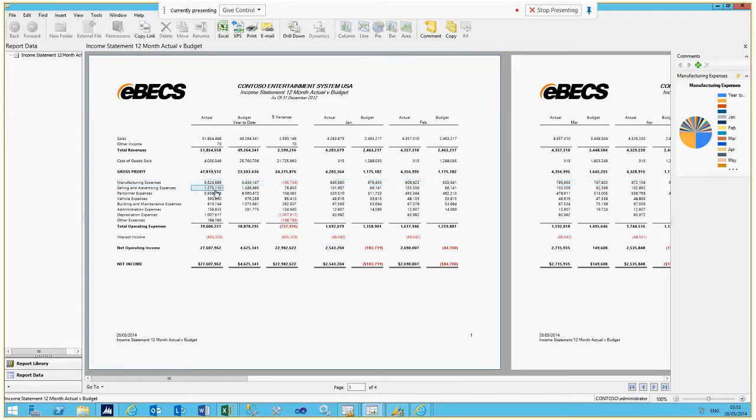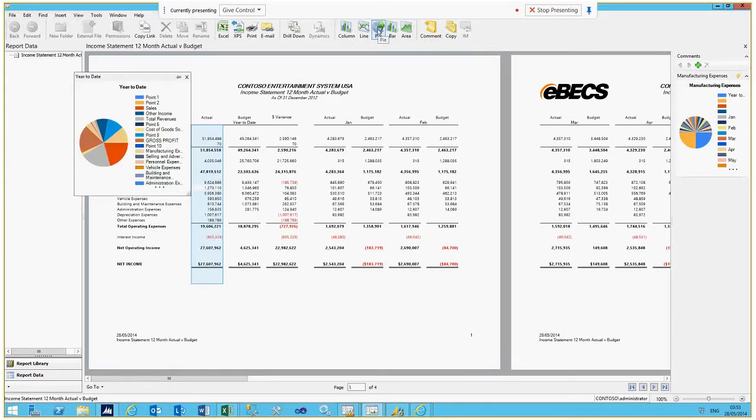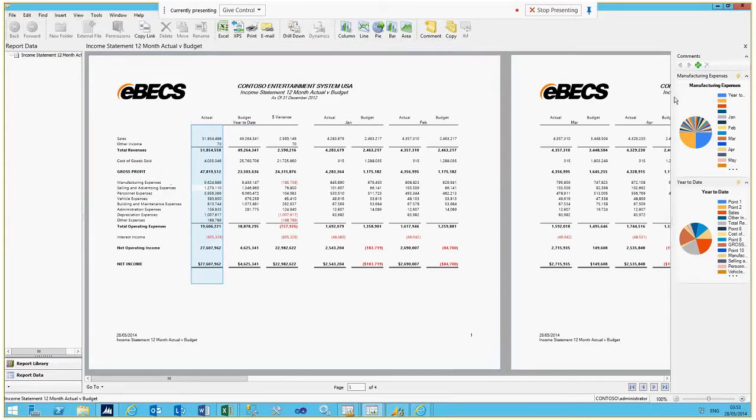If I highlight selling expenses but I only want to see it for actual for the year, then if we do control and space bar, you can do the actuals for the year. So we can run another pie chart, which gives us a little bit more meaning because it's giving us annual values. So what we're going to do is add this report to the list. And this report, we're going to undock it. So it's given us a very instant snapshot